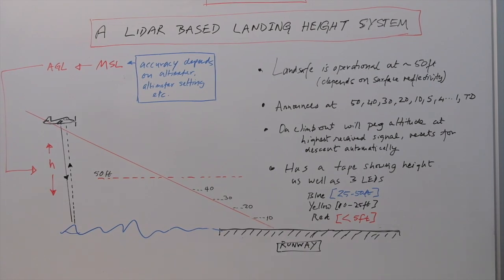Hi everyone. Today I'm going to talk about a system that I built to basically measure height above the ground for an aircraft that is coming into land. Typically, this is usually implemented using radar altimeters in more expensive aircraft where they have a separate instrument that shoots a beam of radiation, light or some radio waves, into the ground, and the reflected wave comes back, and the time is measured, and then using that information and the speed of light, it can calculate the height above the